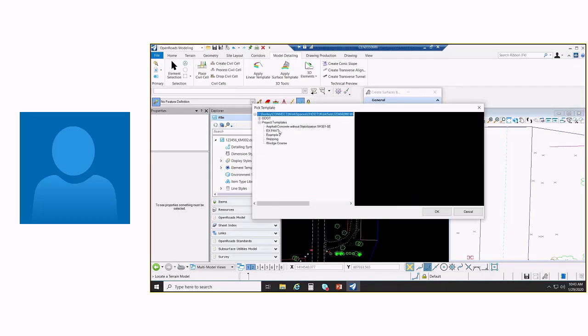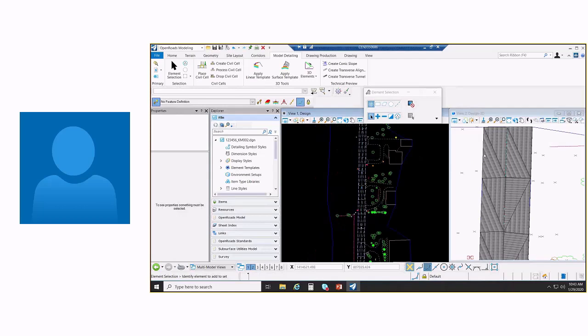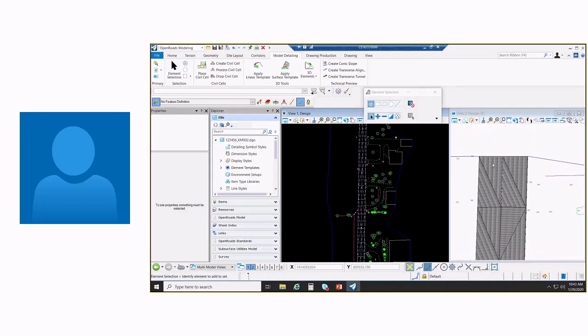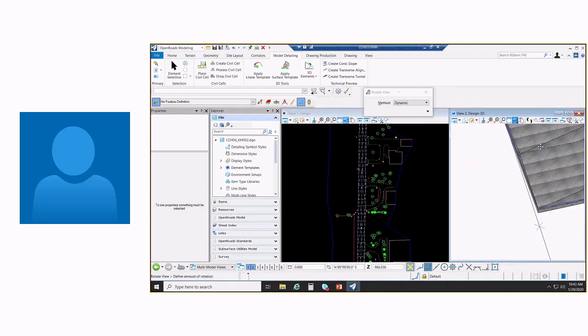So the template is that existing pavement on this terrain model. And I'll just accept the defaults. The actual material used is pretty ugly, we need to look at that. But what I've got, if I rotate my 3D view around,